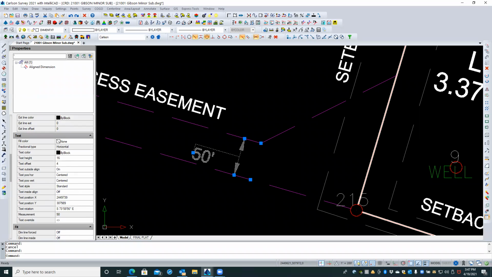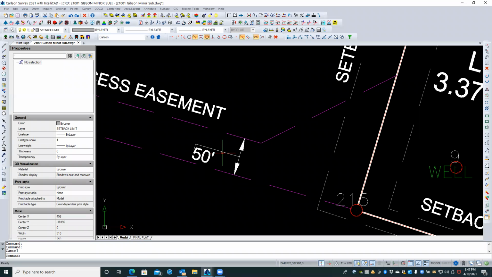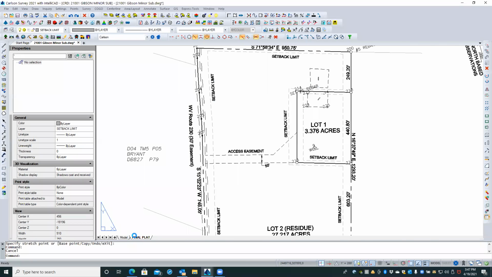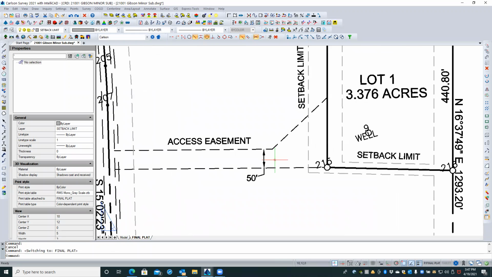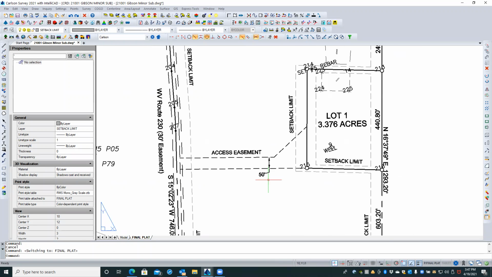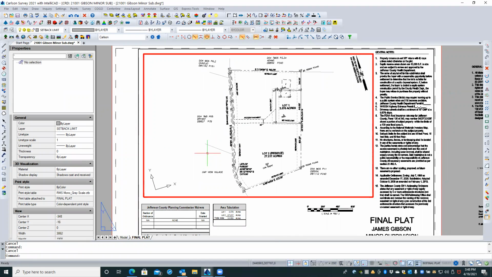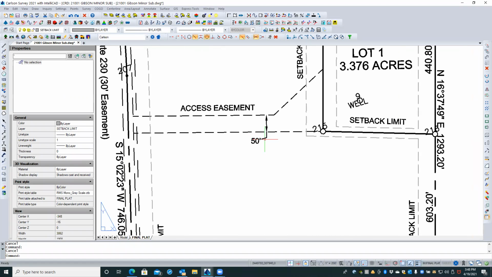All right, so that's going to look like that, which would be okay, but you might prefer to have that horizontal tick be perpendicular to it here. And the way that we would do that, Mike, is